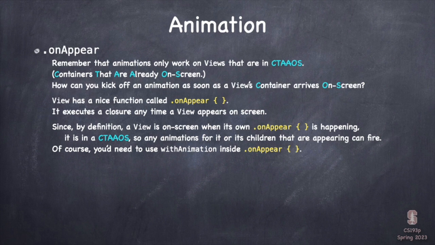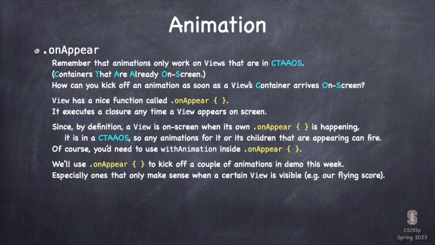So inside your onAppear, you can do other things, by the way, initialize some variables, get some data ready, whatever. But you could also do inside there withAnimation, start some animation going, right? Change something that causes the animation. And we're going to do this with, remember in the demo I showed you of Memorize, we had the score thing where you match two cards and it would say +2 and it would fly up. That's exactly what happens there. That +2 view is going to appear on screen. And as soon as it appears on screen, I'm going to start animating it to fly off using onAppear.